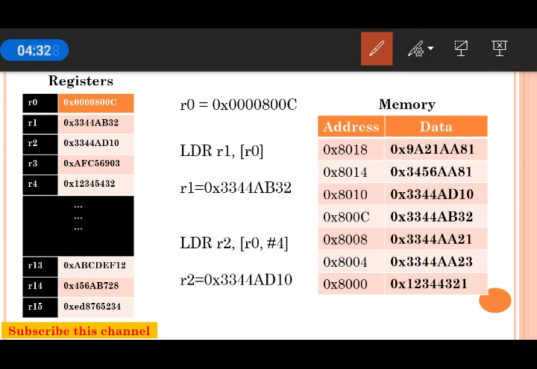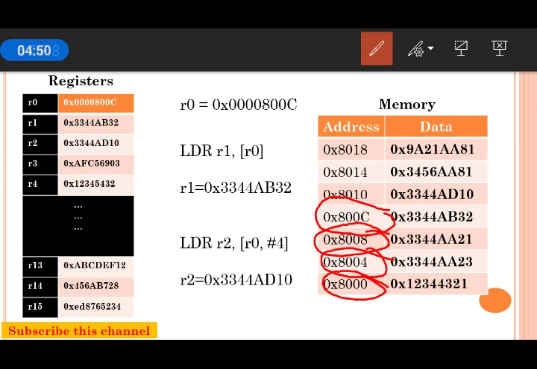The memory address is incrementing by 4. After 8000, the next memory address is 8004, the next is 8008, the next is 800C, and so on. From the starting address it increments by 4.